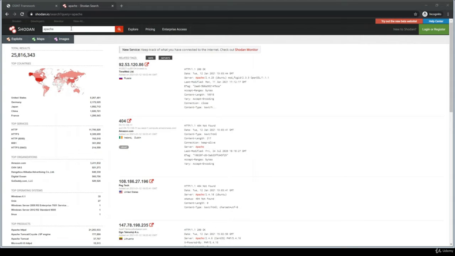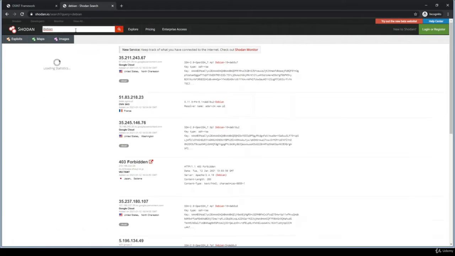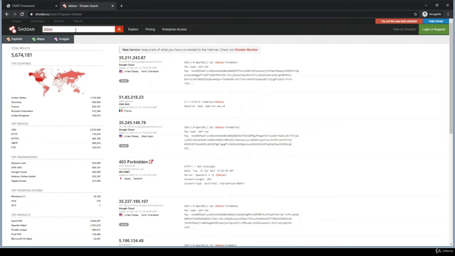Apart from this, if I just type, for example, Debian, or I can search a specific port number as well. This search engine is also really interesting and exciting if you want to find information about maritime, all the ships traveling in the sea at the moment. That is altogether a different OSINT, called maritime OSINT, which we will discuss some other time. But anyway, this is the Shodan search engine.